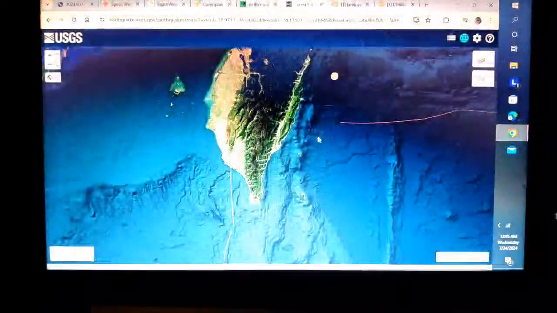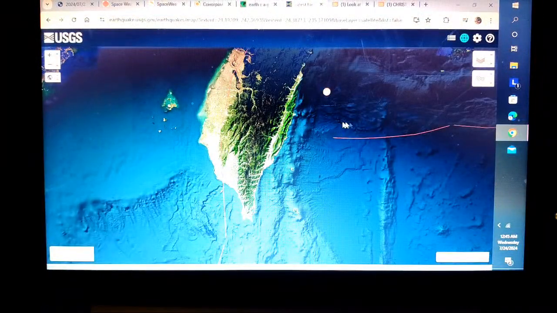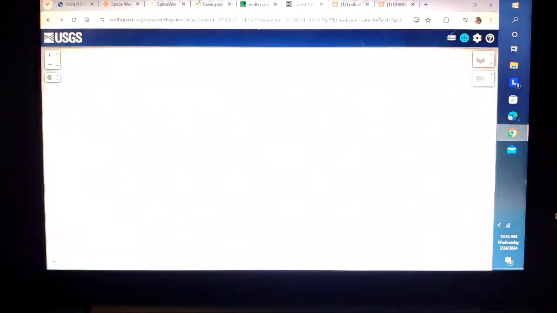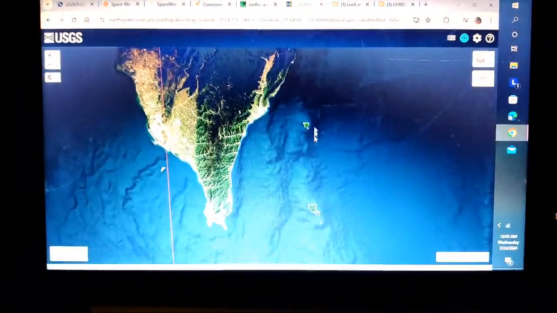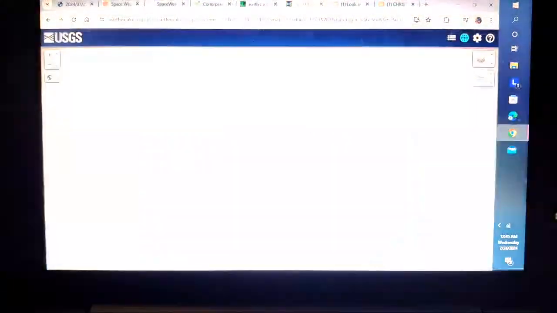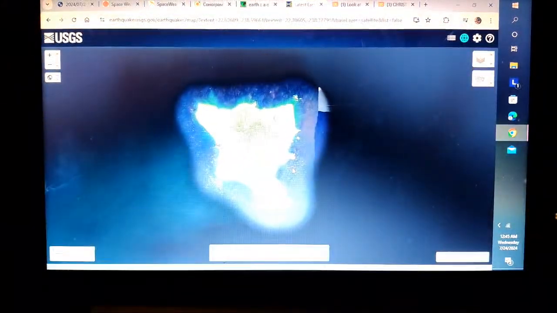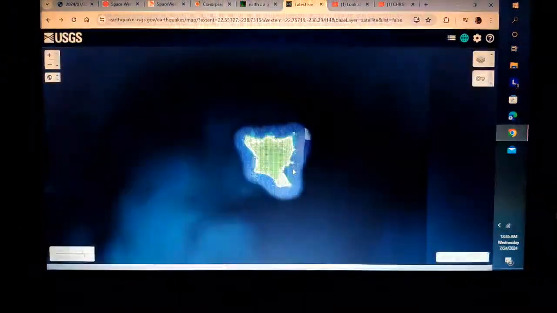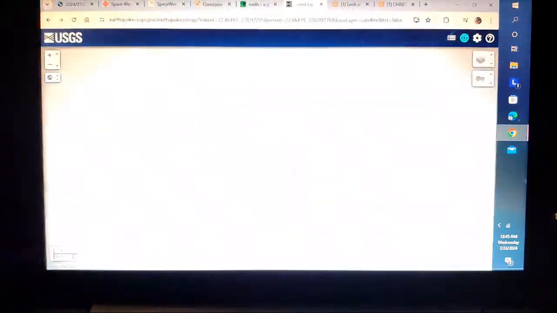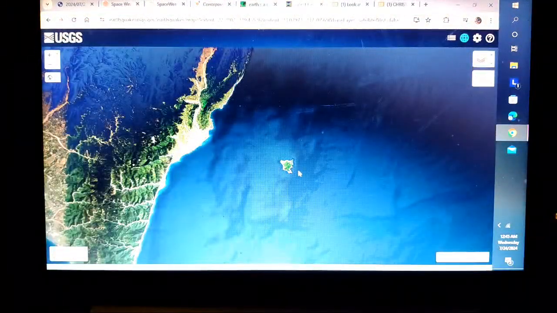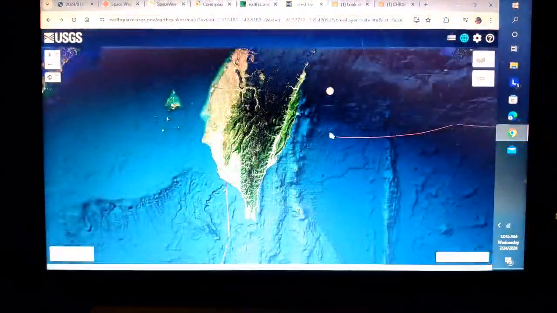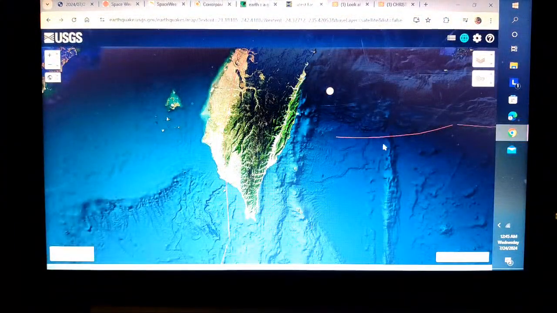Right around this area, at Taiwan here, this fulcrum point, there's a little island called Turtle Island. Right here, this little island off of Taiwan. I want you to note where it is and how close it is to our fulcrum point.